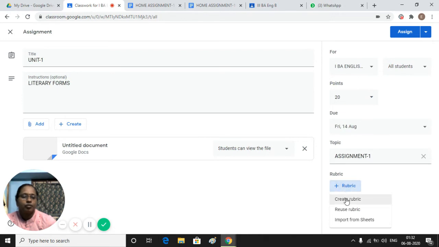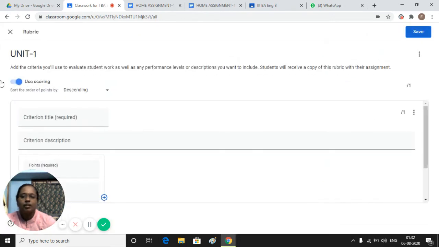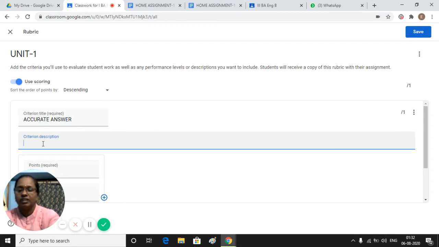Next, this is very important, the rubric. You can create that rubric, then the machine automatically evaluates the assignment. The criterion title: accurate answer. Then the description: how they have to submit the essay. Explain in detail. Then you can add more points.